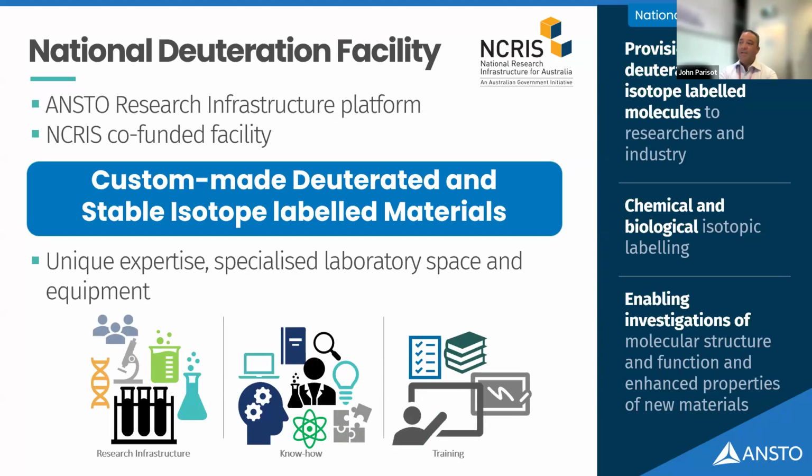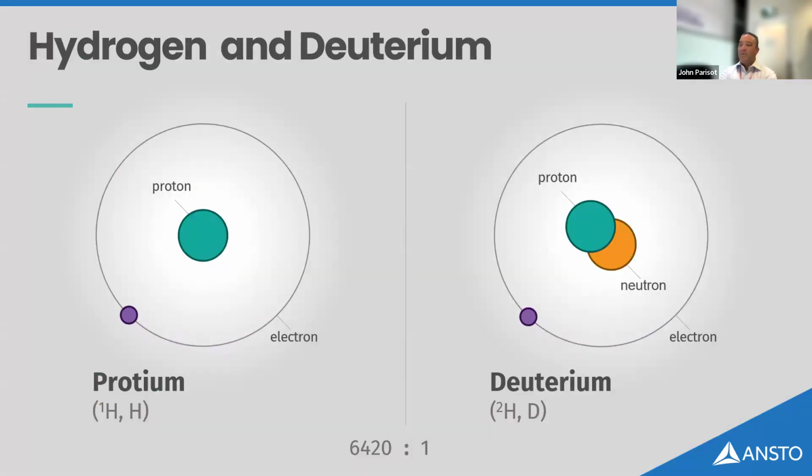We can go to the next slide on actually what is deuteration. So just to take a step back to Physics 101, many moons ago for me, the hydrogen atom typically has a proton and electron. Deuterium atom has the neutron added, making it a heavier atom. So why we use deuterium or